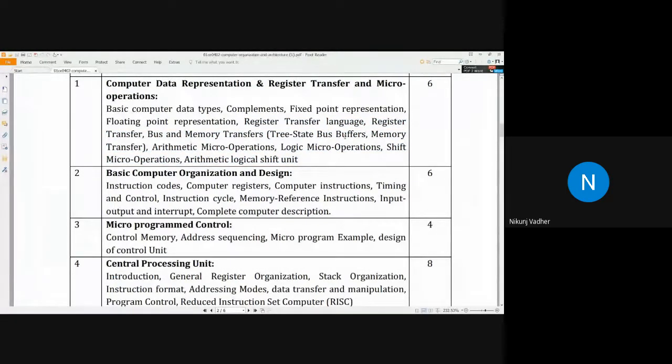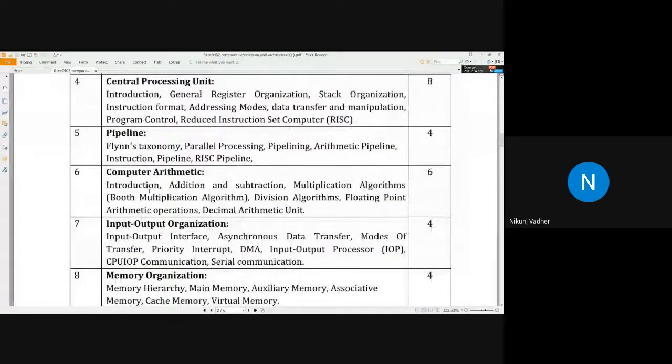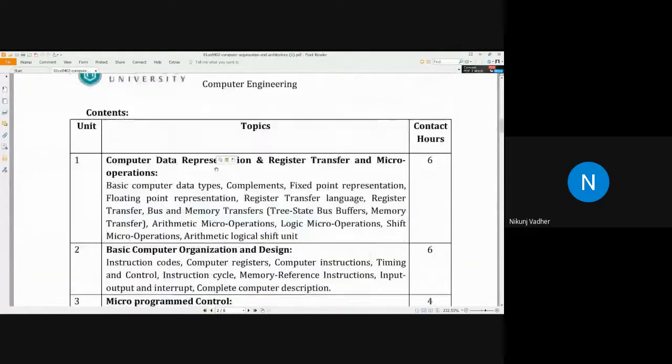Then we will combine the arithmetic, logic, and shift microoperation circuits and create the ALU. This part we will discuss in unit number 6, computer arithmetic, covering how floating point numbers are represented. We will not spend too much time on what we are going to learn, so let's start with the actual content.